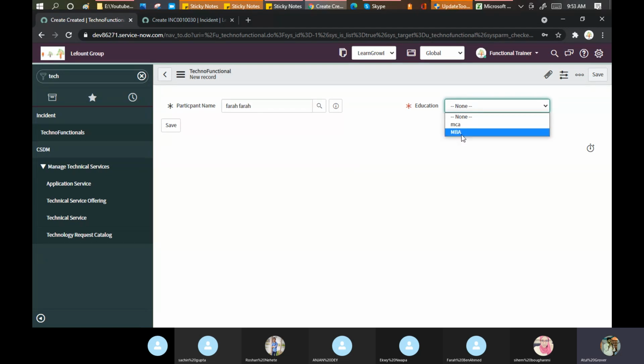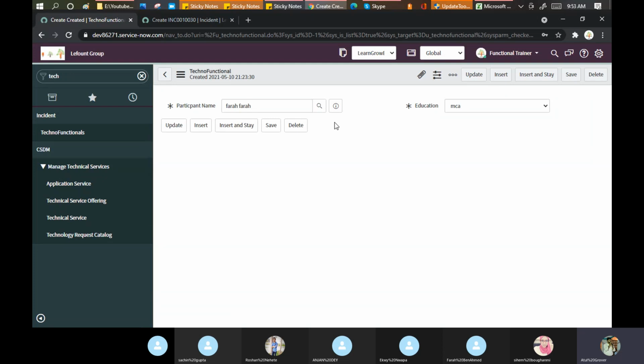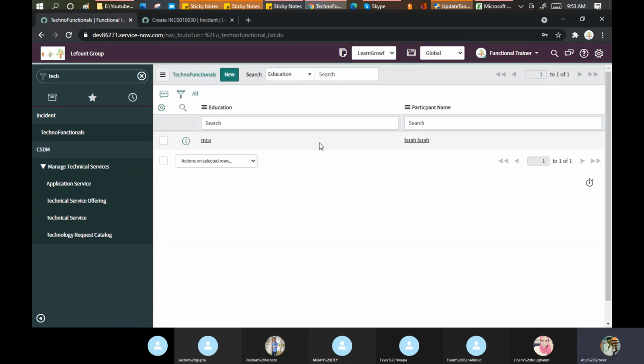I put MBA in label as a caps, it's coming. So it means always the label comes on the top. So I put MCA here and click on the save. Now if I click on the update, see, values have been coming here.